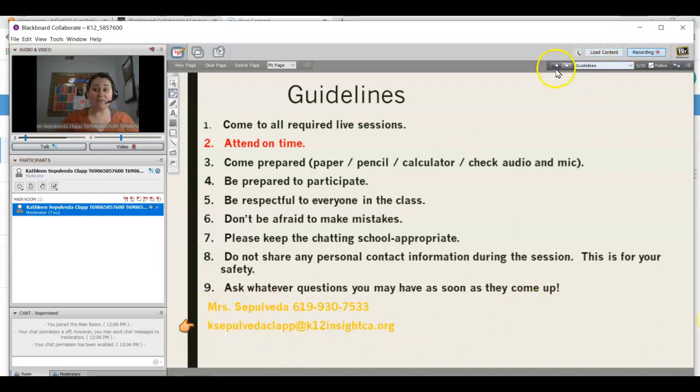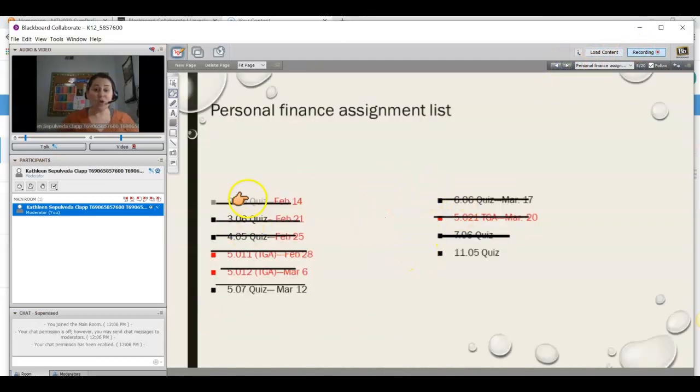I will tell you that our 11.05 quiz is our last one before the quarter ends. Look at this. We have completed all of this together. I am so proud of each and every one of you. There are still a few people out there. I know you can do it. Get those TGAs in. Get that passing grade before that quarter ends. I know it's a little different with technically our school not being open, but you are still responsible for that work. I want you to get that work in. Make sure you get that taken care of. Again, I'm here for you. I'm here to help you in any way that I can.